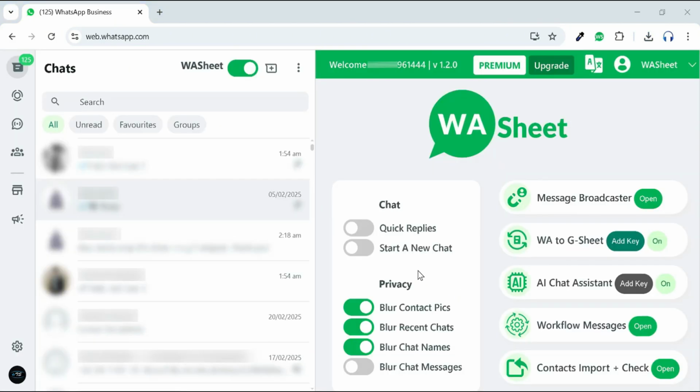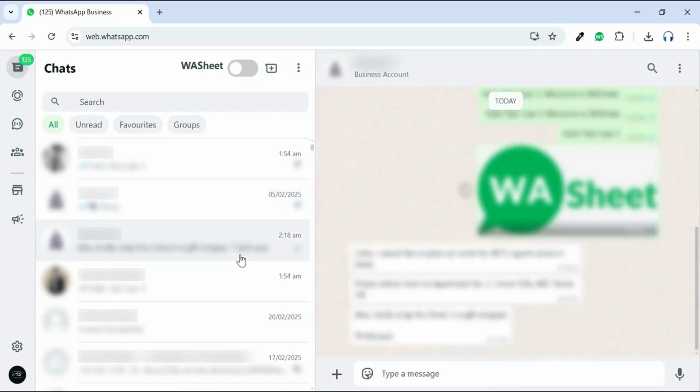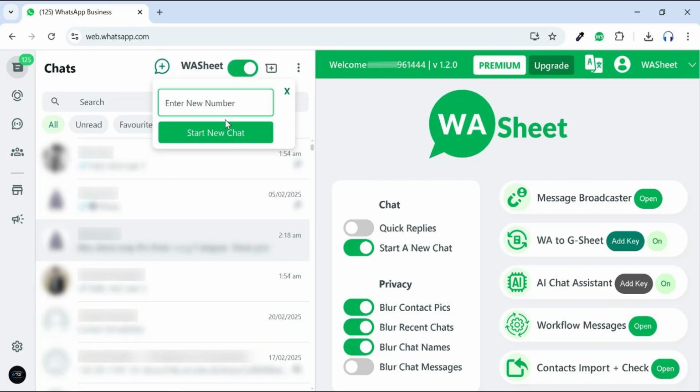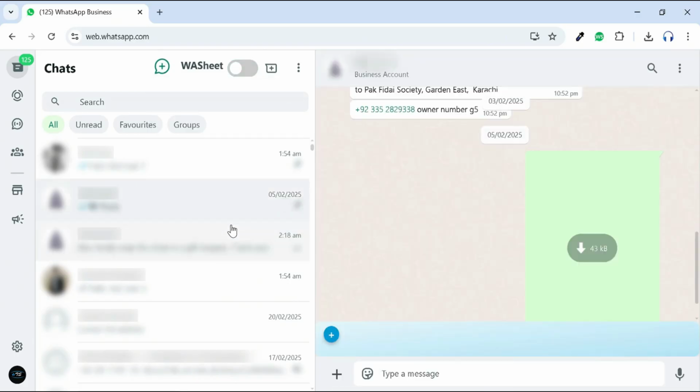Now, let's talk about some additional features. In privacy, you can easily blur WhatsApp contact photos, chat names, recent chats, and chat messages just by toggling these switches. With the Start a New Chat feature, you can quickly initiate a conversation with unsaved contact numbers, making messaging more convenient. By enabling the Quick Replies feature, you can